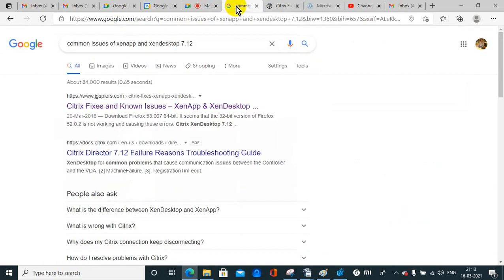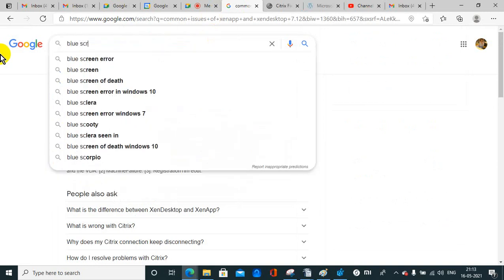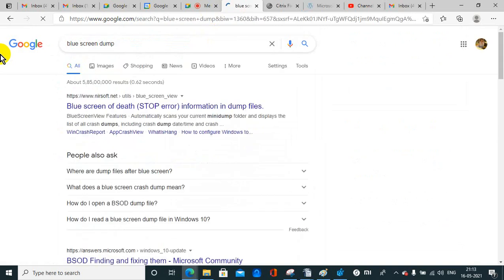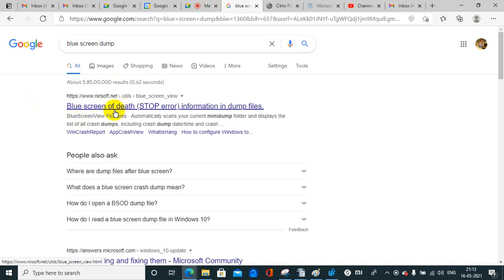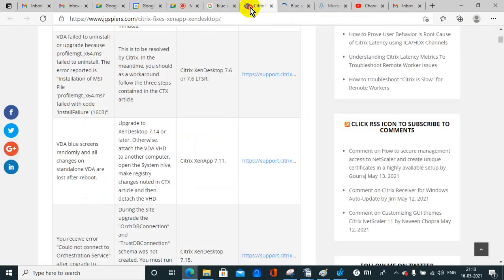Also you can search from here, like compatibility screen dump, blue screen of death, stop. So a blue screen dump is basically rectified by the Windows team. You need to update the Windows team for that.